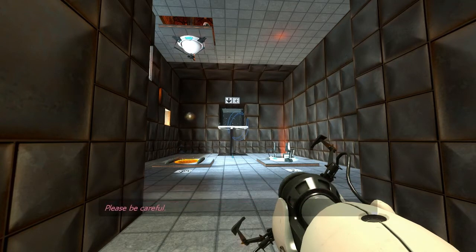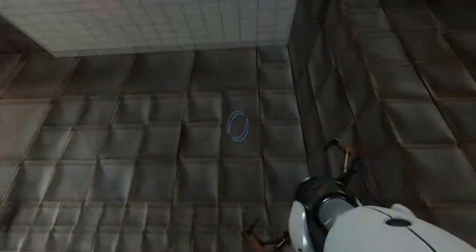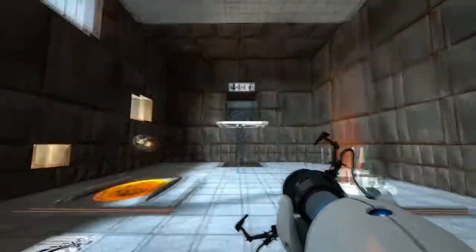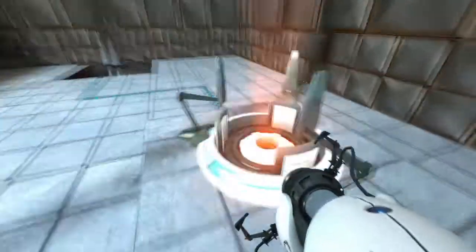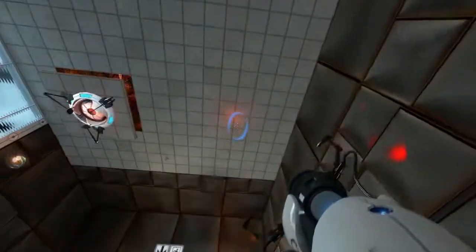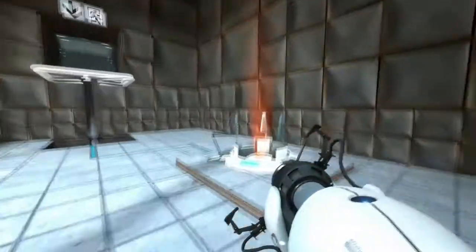Please be careful. Okay, Chamber 6. This has a new type of wall which you can't place portals on. So we can't just place a portal up there and leave. This is the high-energy pellet. If you put it in a receiver, it will power whatever is on the other end, just like a button. It's bouncing off the orange portal, so if we pop a blue portal up there, it will fly through and...